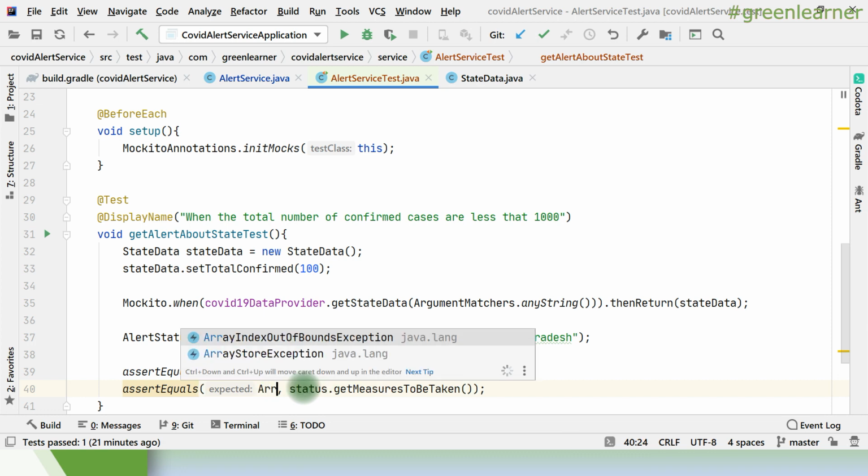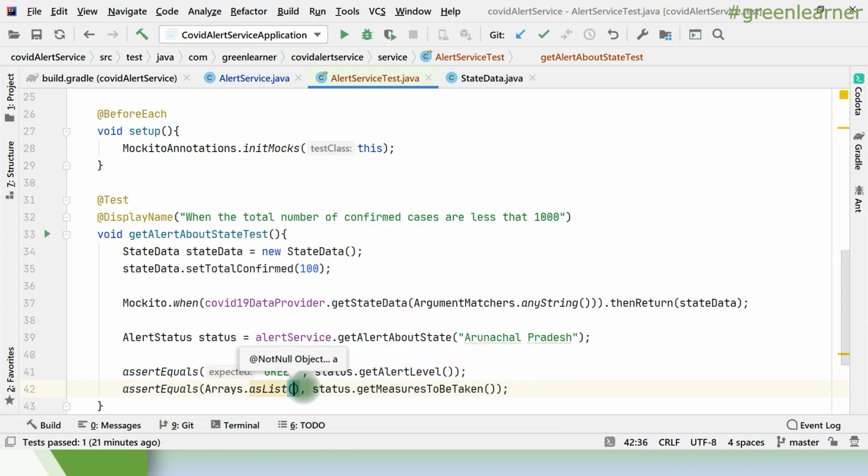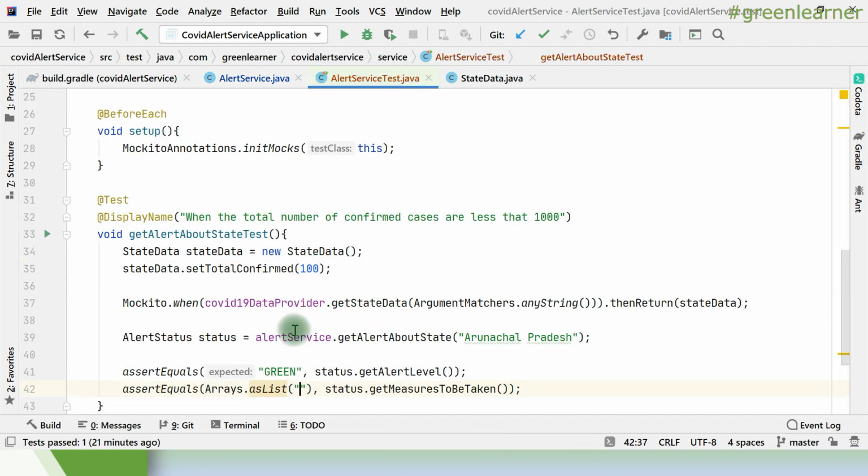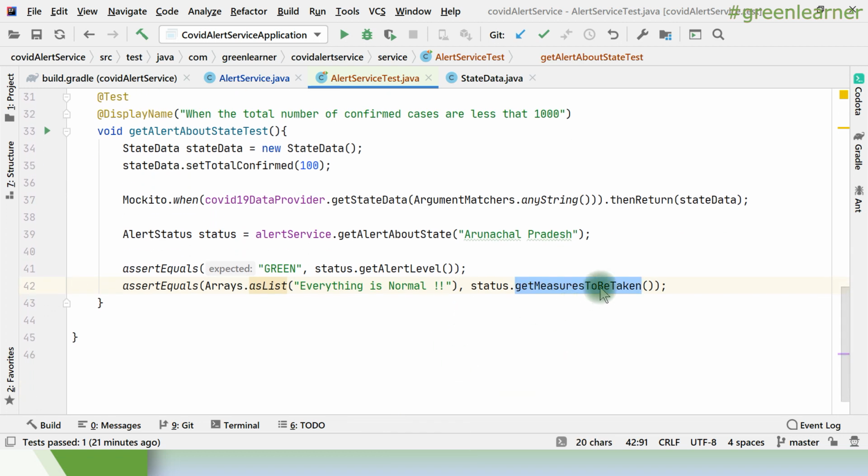I can pass arrays dot as list, so both lists can be compared. I can copy the result from here so that there is no mistake. The list will be compared, their content will be compared. This is the list that will be returned and this is the expected list that I need, so both will be compared.